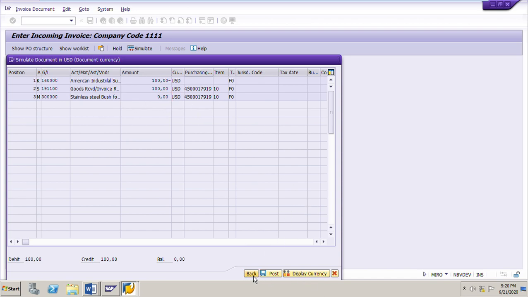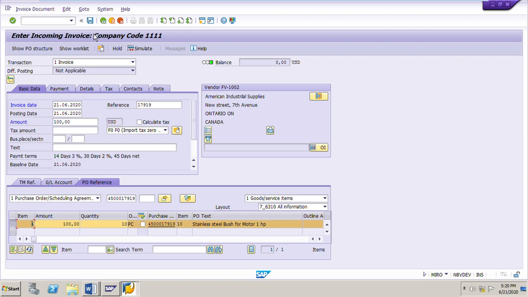Back and post. Once the invoice is posted, the invoice number will be updated in the purchase order history.